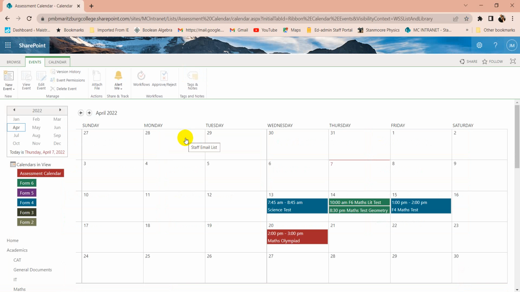A special thank you to the IT department for creating this magnificent tool for us to record our test, assignments and projects. So the idea here is for all teachers to record the assessment dates. So when a teacher goes to this calendar, he will know what assessments or tests are being written that week. So looking at the calendar, we have a form